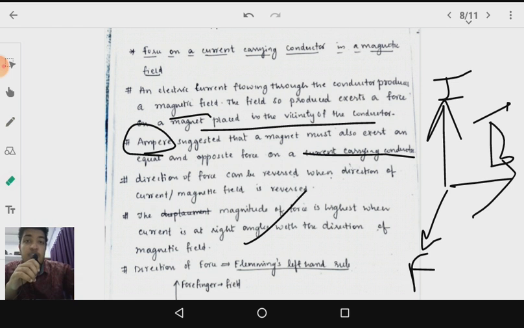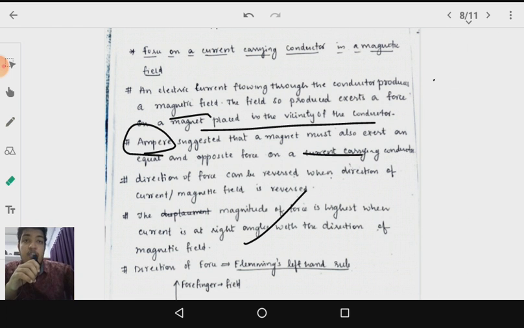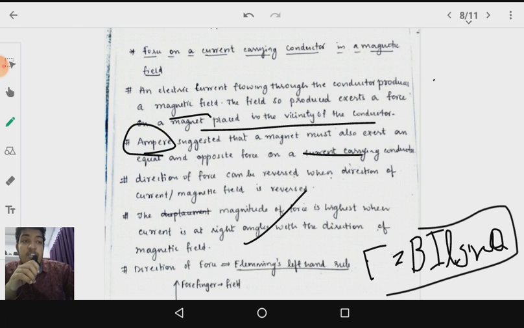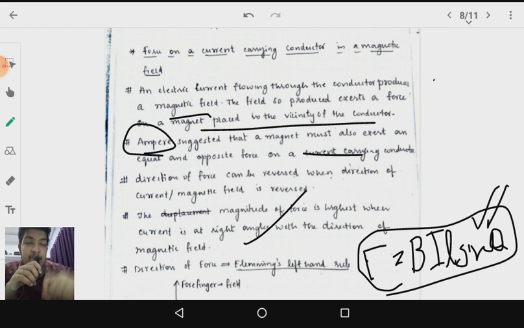And if you have to study the equation, you can study the equation also. It is F is equal to B I L sine theta. This is the equation for force due to a current carrying conductor, BIL sine theta. So sine theta is maximum when theta is equal to 90 degree. That is why the force is maximum when theta is equal to 90 degree, and theta is the angle between